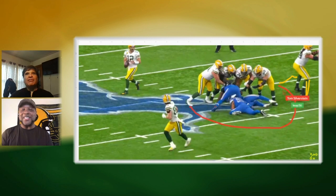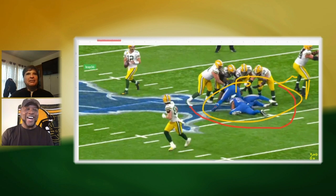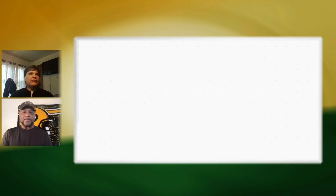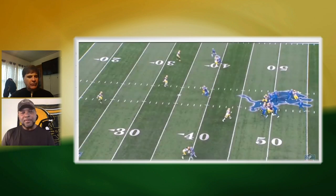These four guys have never had an easier block in their life. That's amazing. I mean, it's a great design. It really is. And when everything works together, this is what you get. Okay, so let's flip sides of the ball and go to defense. Okay, and we're going to go right